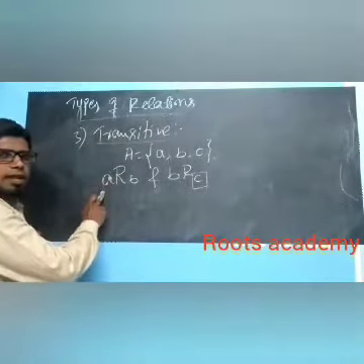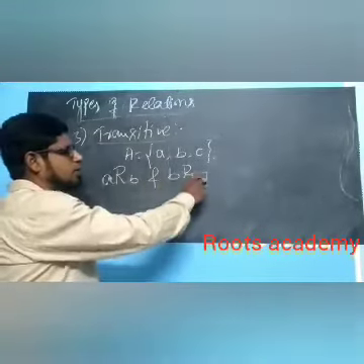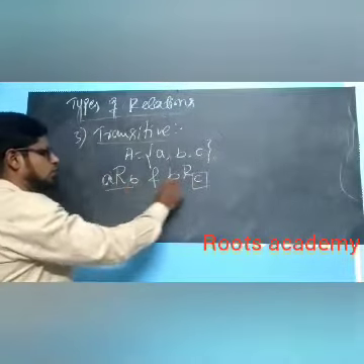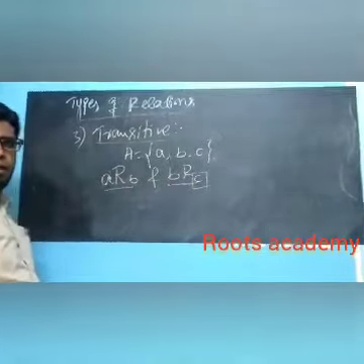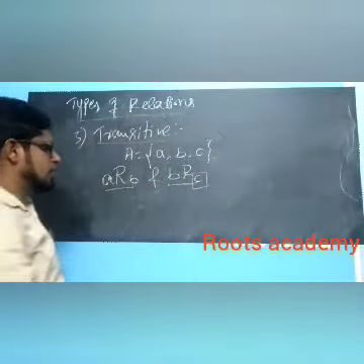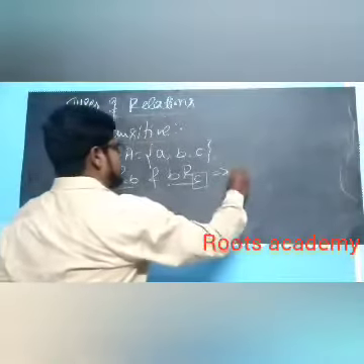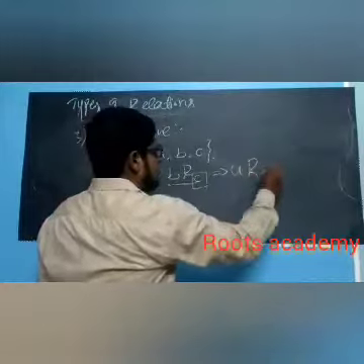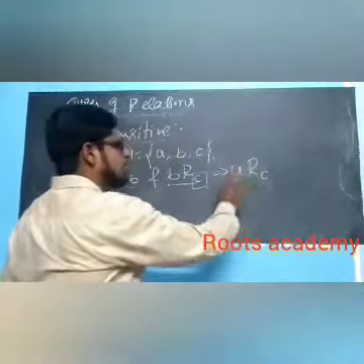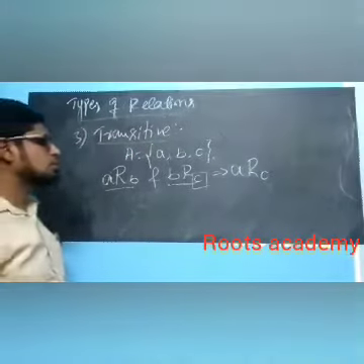So first what we will check? We will check whether A is related to B, then B should be related to some other element. This can be anything. If these two statements exist, then we will check the third condition, that is, whether A is related to C or not. If A is related to C exists, then it is transitive, otherwise it is not transitive.